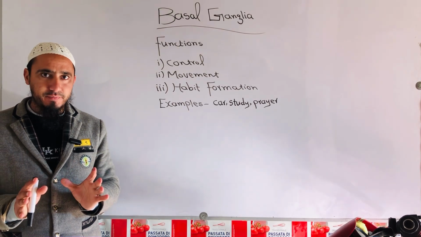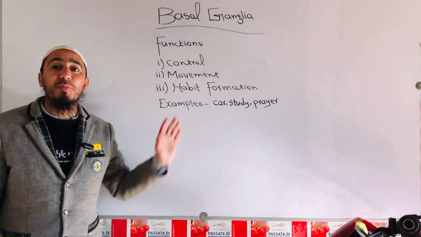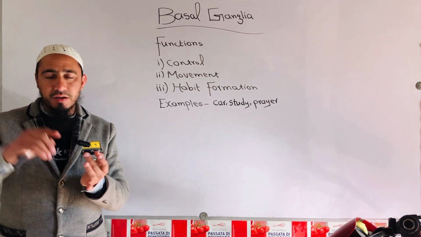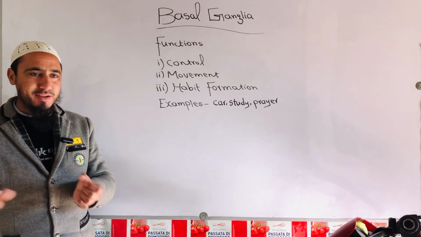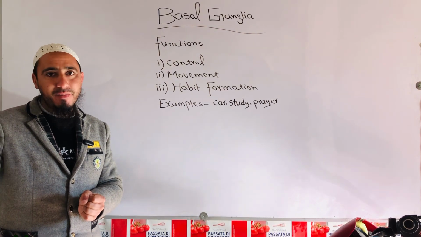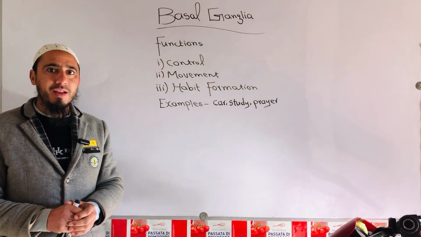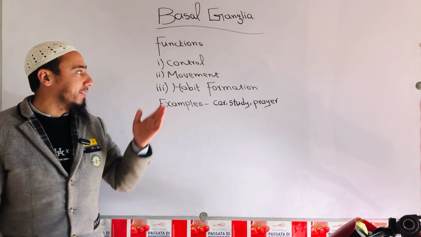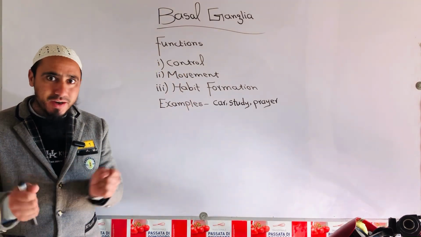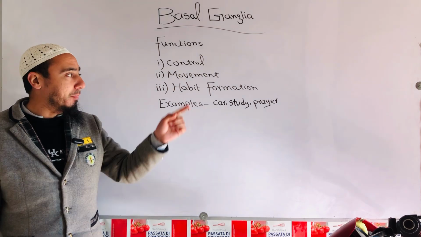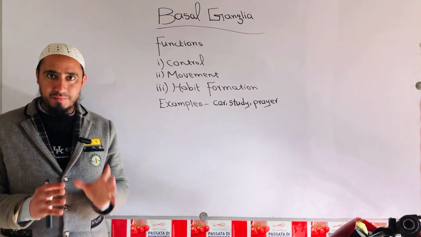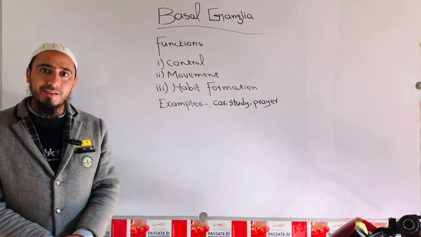Now the question is, there can also be a problem. If a person does an action every day, not with his own intention, but someone instructs him or orders him to do it again and again, and his habit is not formed, there will be a problem in the basal ganglia. Someone is doing the action repeatedly by the instructions of others, but still the action does not become automatic. It means there is a problem in the basal ganglia.